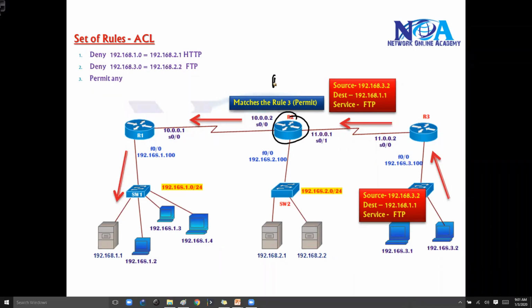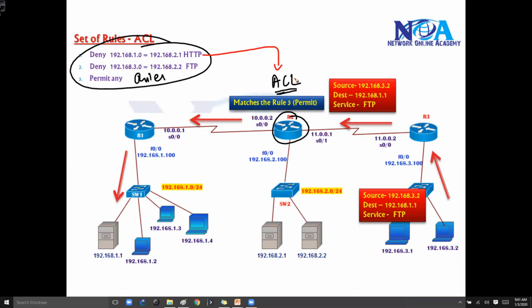So basically what we are doing here is the same thing as I said in the example. On the router, we are going to apply some set of rules. These rules are referred to as an ACL. And with the help of these rules, we are going to define what traffic will be allowed or what traffic should be denied as the traffic passes through the router. Now remember I said as the traffic passes through the router, because here we'll be talking about IP ACLs. In these IP ACLs, the packets are routed based on the IP address, which means the traffic must be routed, which means it should go via the router.